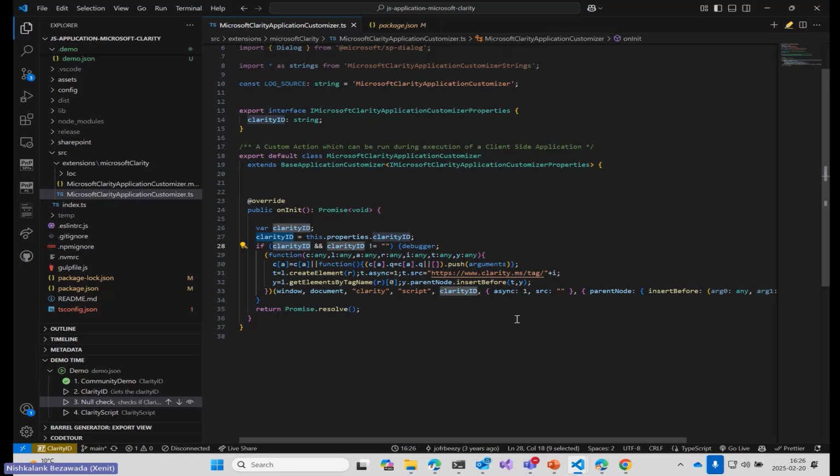So this script has been injected into the web page, and this allows tracking without blocking page rendering due to its async loading structure.